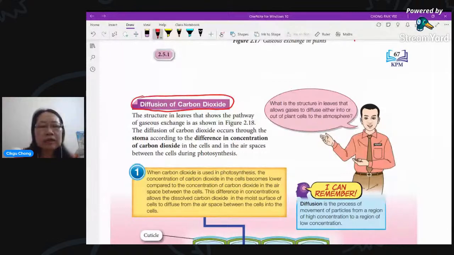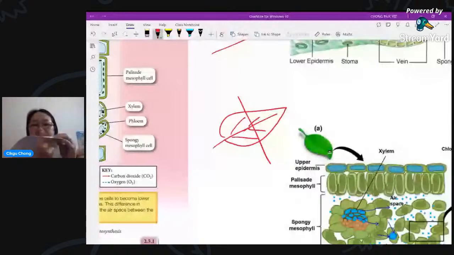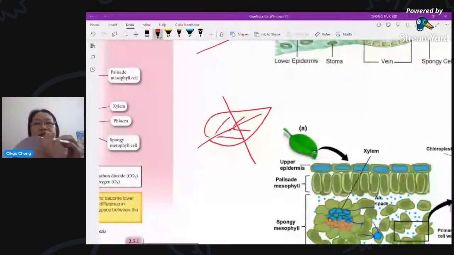You know the leaf is very thin, right? Let me draw you a leaf first. A leaf is here. Then you need to slice it like this. Imagine this is a piece of paper. This is your leaf. When you slice it here, you find the leaf is very thin. And then you put it under the microscope and magnify it. It's actually quite thick because you have many layers of cells. And this is what you see. You see layers and layers of cells.